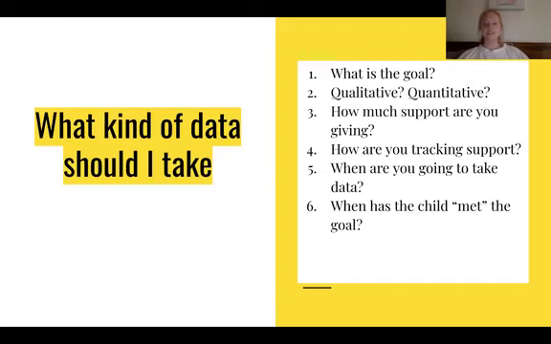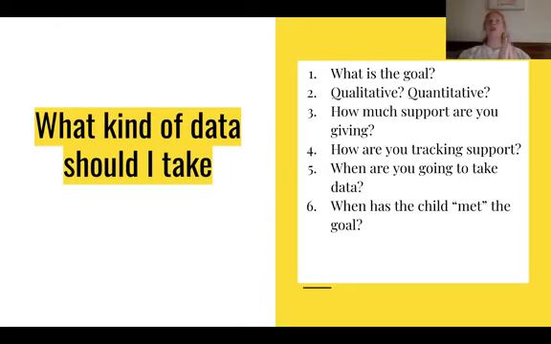The next one is keeping in mind how much support you are giving and how much support you're supposed to give. So we talked in the last video about prompting and how there are different kinds of prompting, right? There's visual, verbal, tactile, and there's also number of prompts. So if the goal says the child is able to get 1 or 2 prompts, then you need to be tracking when you gave the prompt, what kind of prompt it was, and then every single time you